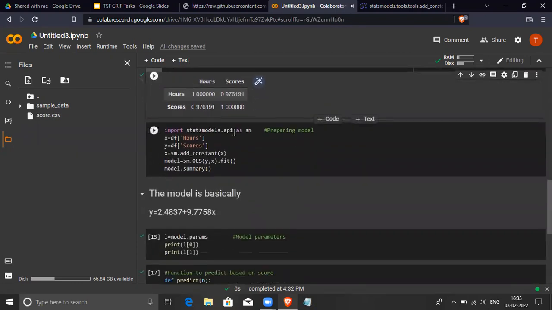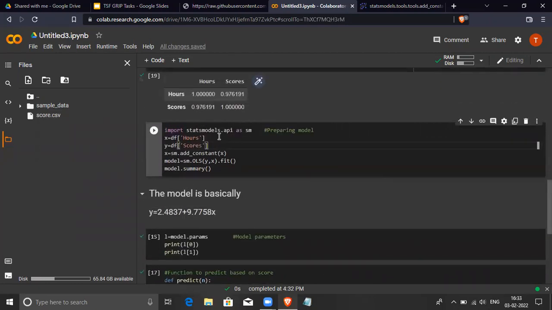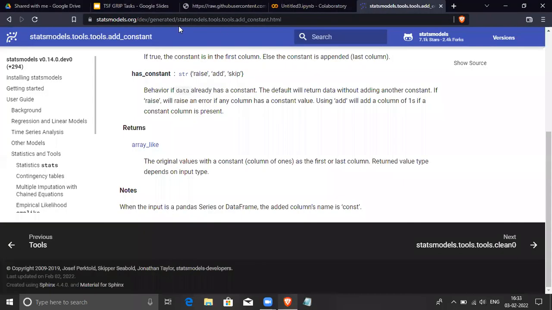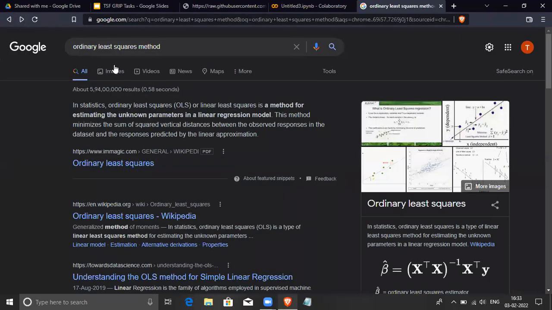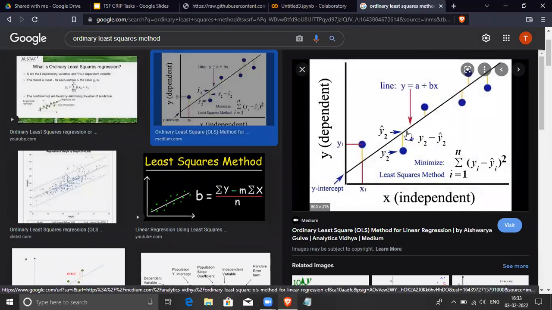Now, let us go and prepare a model which predicts the score. The best type of model for this is the ordinary least squares method. So what is this? As we can see here, this is the ordinary least squares method where the points in the data set are these dots. This is our model, which is basically a line drawn along these points, such that the